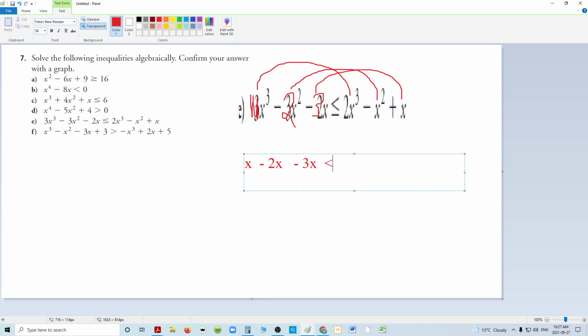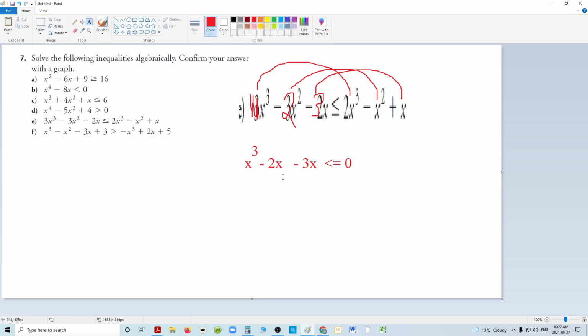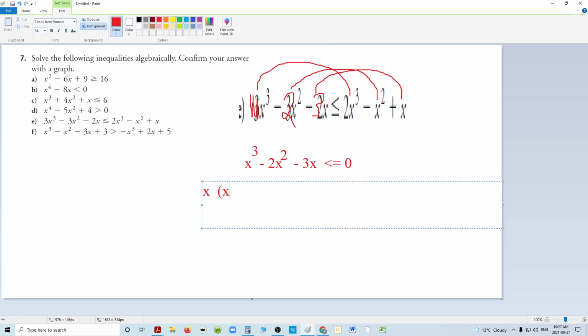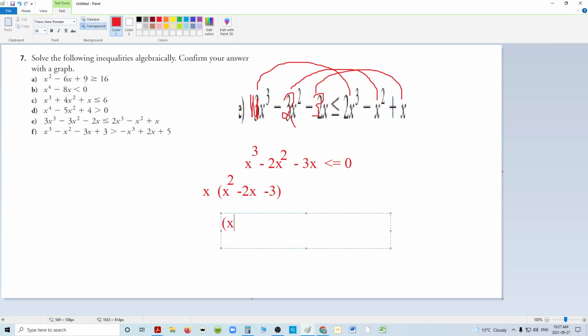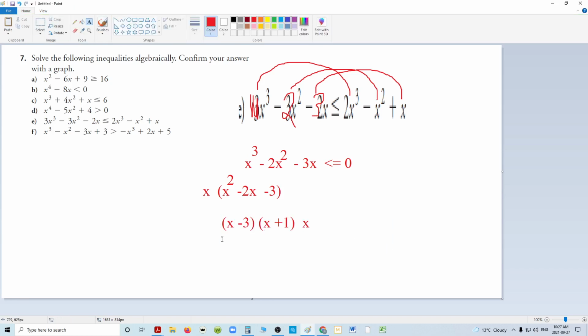When is that smaller or equal to 0? Because I've moved everything to the other side. I notice right away that I can factor out an x. I'm left with x squared minus 2x minus 3, which means it goes through 0, 0. And right away I can see that this can factor out to x minus 3, x plus 1 are the only factors, and don't forget that x. And since this was a cubic,